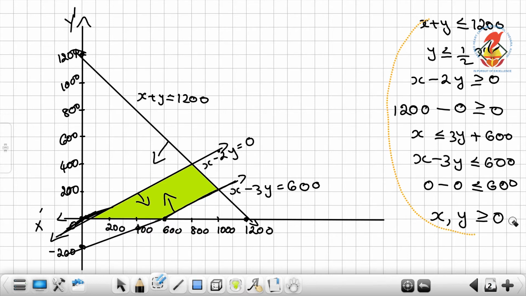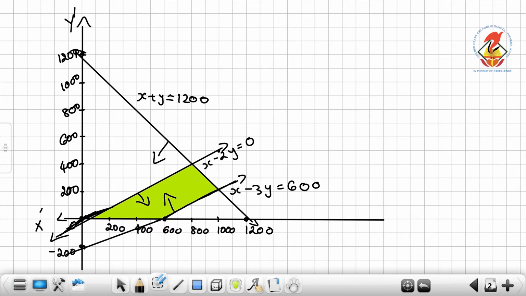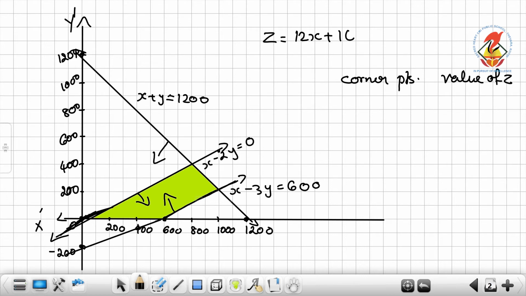So write this corner points, value of Z. And what is Z? Z is equal to 12x plus 16y. Okay, so corner points,